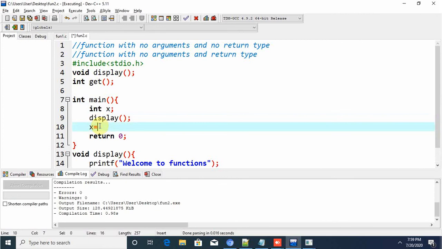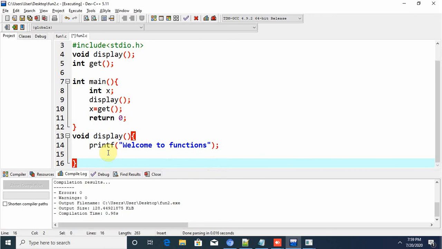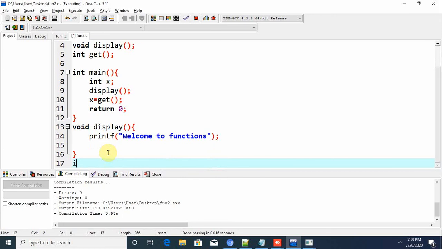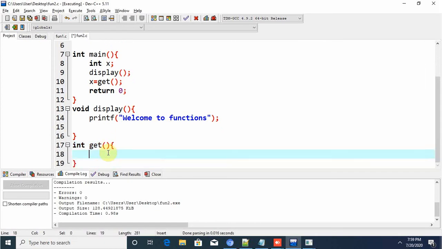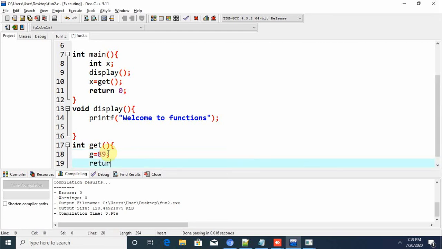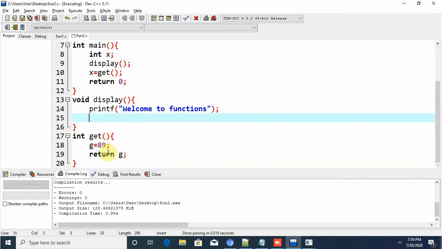X equal to get off. In get off, here I'm just taking g is equal to 89, return g. So that g value gets stored in x.